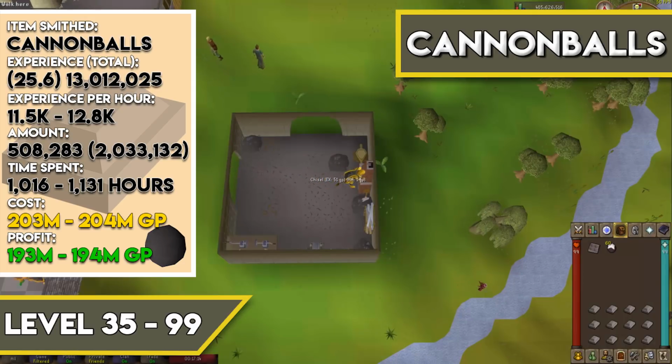As for total experience, 13,012,025 experience from level 35 to 99. As for XP per hour, you're looking at somewhere between 11,500 and 12,800. As for the amount, you will need 508,283 steel bars, which will equal 2,033,132 cannonballs. As for time spent, and I cannot believe I'm listing this in a guide, but hey, it's AFK,